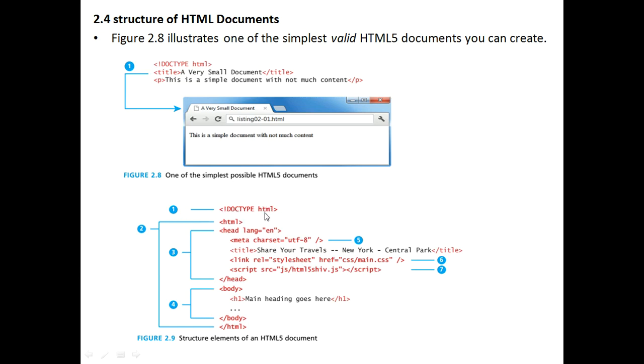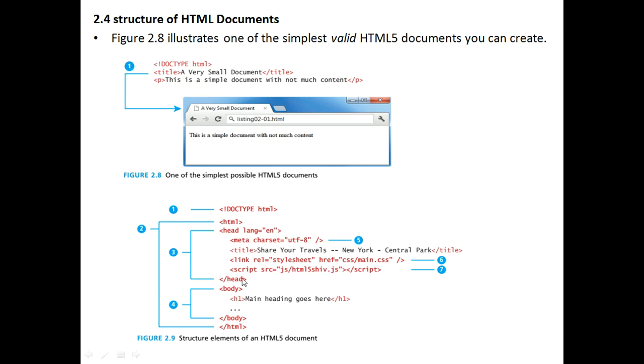So we start with a doctype. The first element we will consider is the doctype. Later on you have the HTML. Better you write down in your notebooks, which will be helpful for you. Second one is HTML. Third one is the head part. Fourth one is the body part. After that, fifth one is the meta character set. Sixth one is the link of a CSS. Seventh one is the link of a JavaScript. These are the elements of the structure of an HTML5 document.